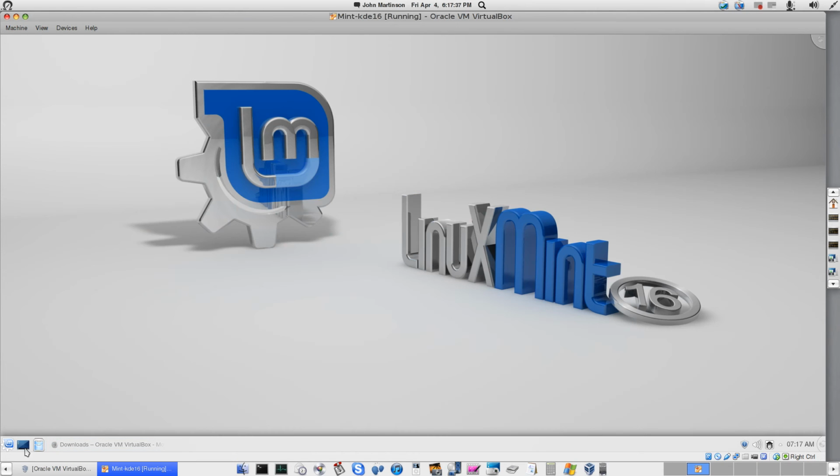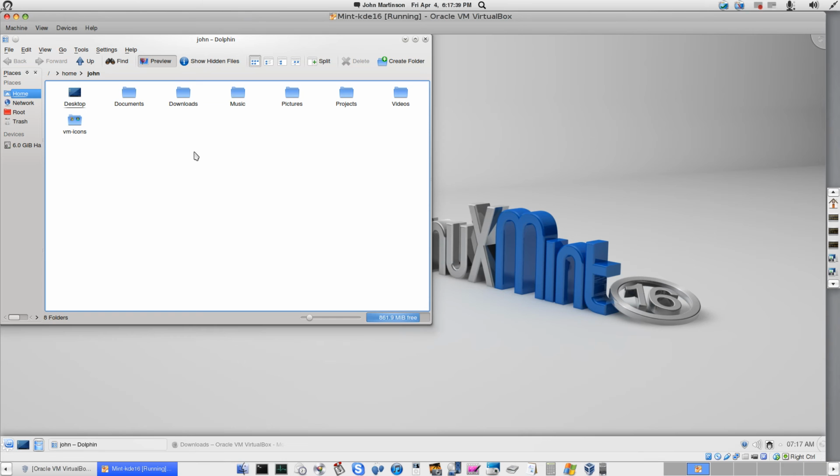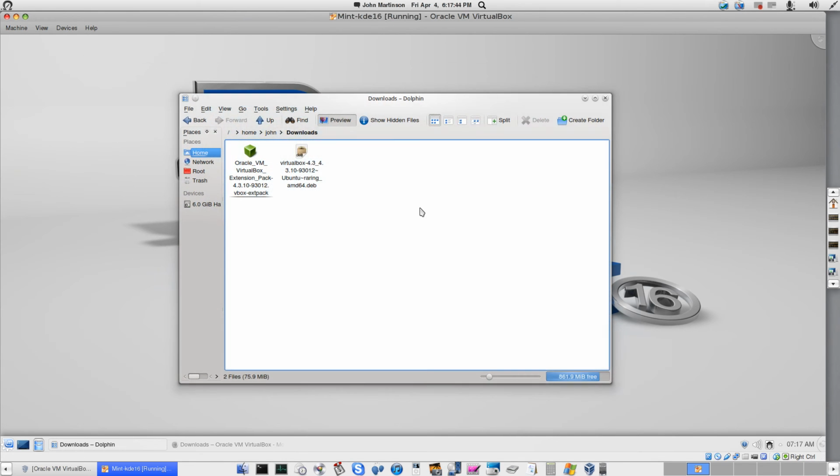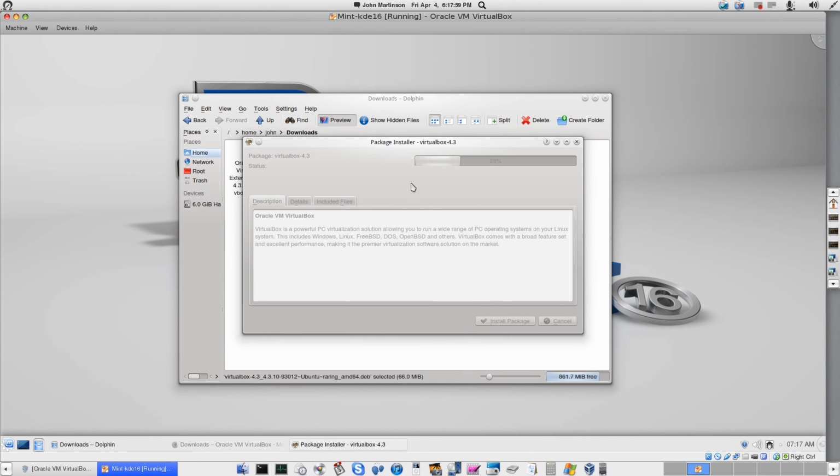So now in my file manager, I would go to Downloads, and this is where we would be installing from. And you actually do have the option of installing from when you're in the website, so you can do either, but I'm going to show you from the downloads folder. So if we were to right now just double click here on VirtualBox 4.3, now this one's going to say it's already installed because it is, but if we were going to install it, we would simply click on Install Package here,